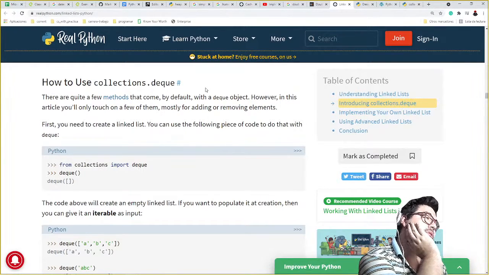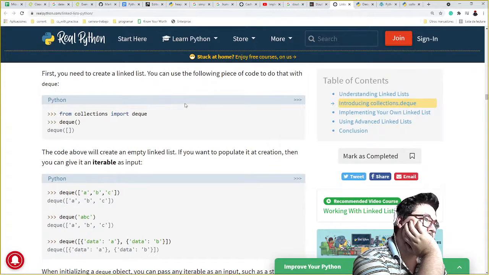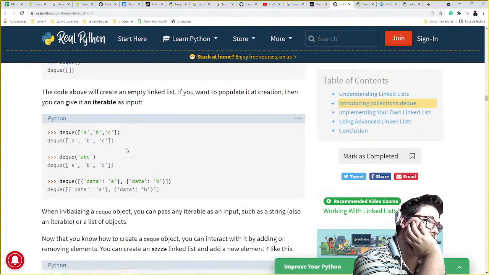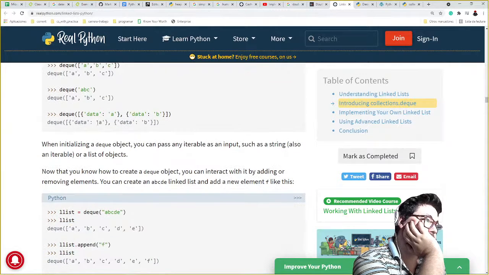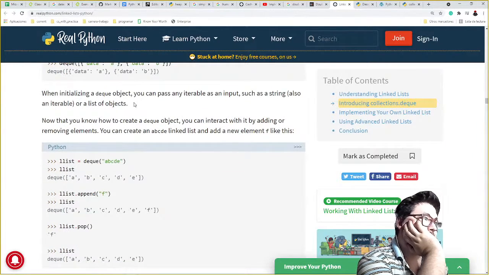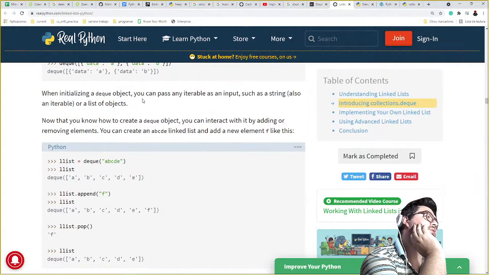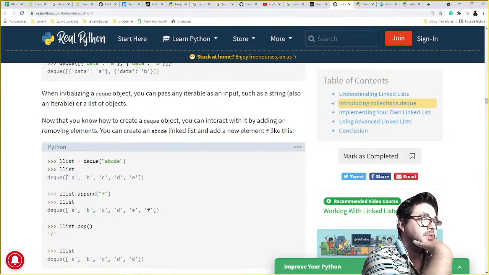First, you need to create the list, like create an empty linked list. If you want to populate a deque with data, you pass an iterable as an input, such as a string. This is how to create a deque object.